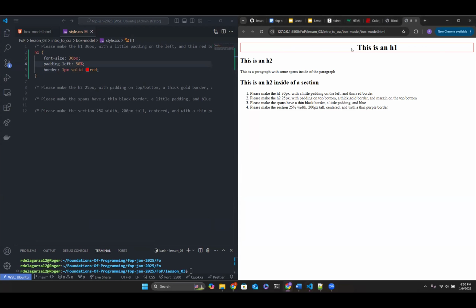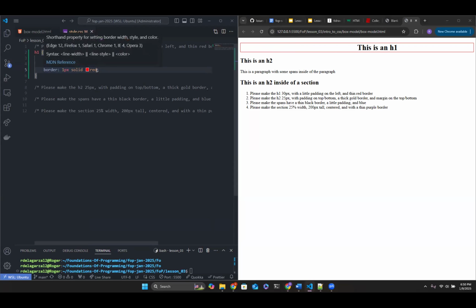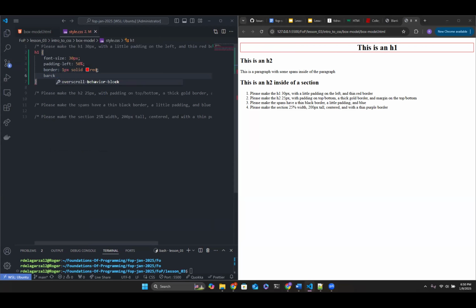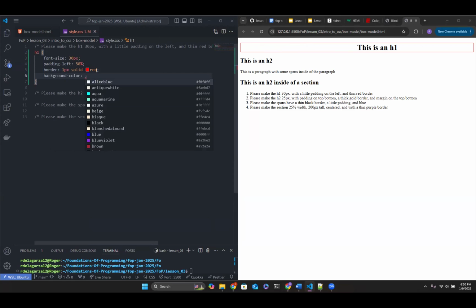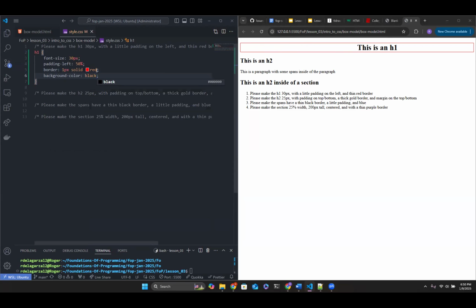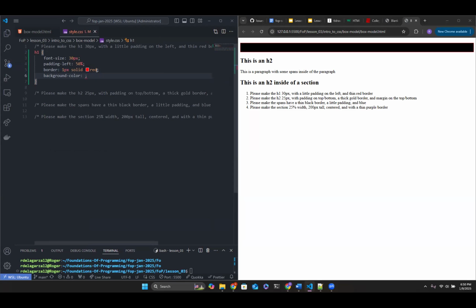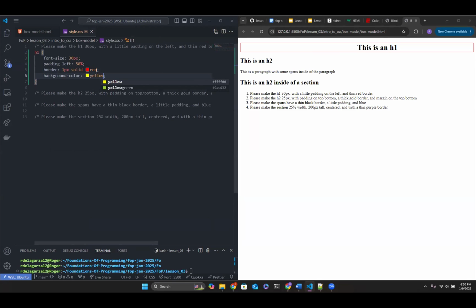So there's padding between the actual element and the border, right? Let's do background color so we can visualize that a little bit more. Background color, we're going to say black. Maybe that's too dark. Let's say yellow.